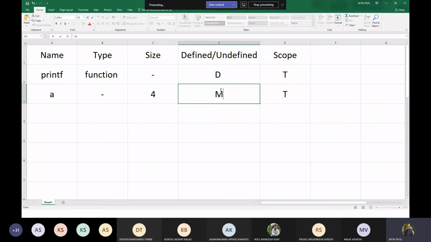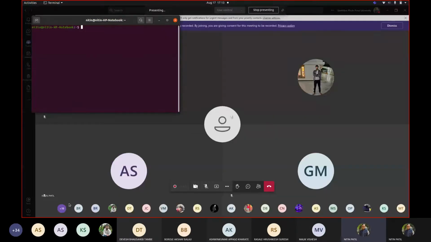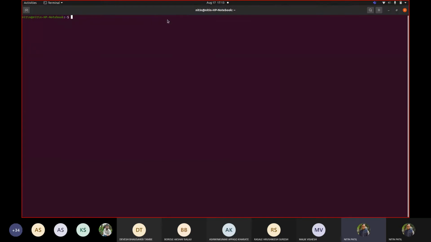Let me add a terminal. Okay, and let me now share the terminal. So is my terminal visible? Yes, sir. Okay. So let us say, suppose I define a code, Emacs